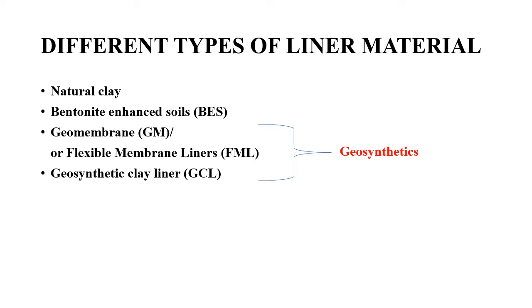So here our requirement is the construction of a liner material for a landfill system. So the basic design requirement to be met is a very low permeable material to be used in the liner system. And for the same, if we have to go for a geosynthetic option, these are the two options available. That is a geomembrane, which is also called a flexible membrane liner. And other than geomembrane, we can also use something called a geosynthetic clay liner or GCL as a liner material instead of the naturally available soils.